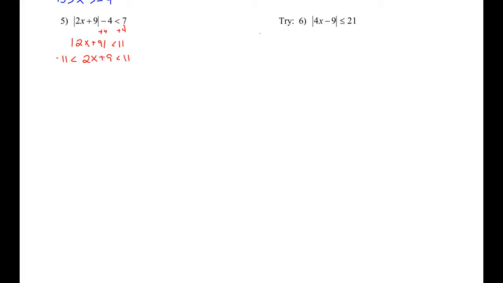So again, the only part I've added onto my equation is the -11 is less than. The side should look exactly the same now that we've isolated the absolute value. We're then going to separate it into 3 areas and try and get the x by itself in the middle. So we're going to subtract 9 from both sides, or from all 3 sides rather, to get -20